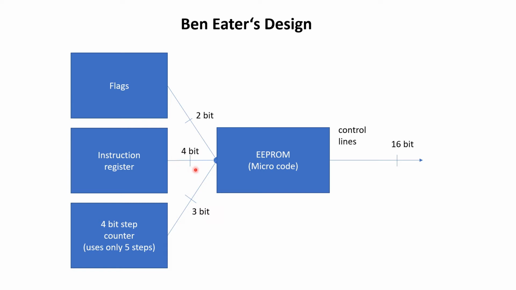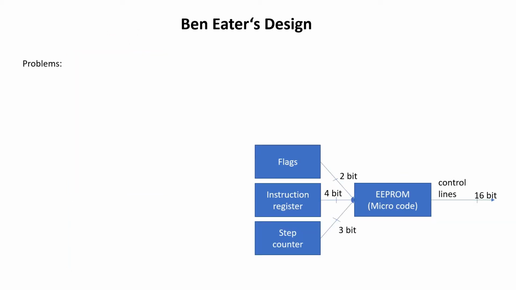So there are another 4 bits for the EEPROM, and there are 3 bits from the step counter. While the step counter has 4 bits in total, Ben Eater only uses 5 steps of that step counter. So in total, that makes 9 bits of address lines for the EEPROM, and in total he has 16 different control lines. So there are some drawbacks of Ben Eater's design, and one of the problems is that